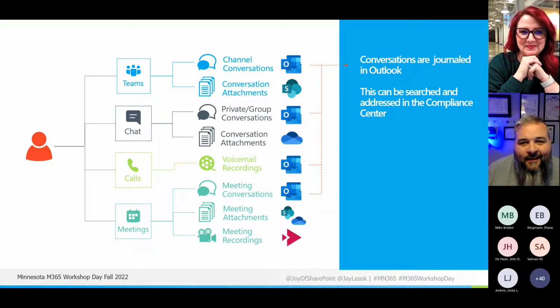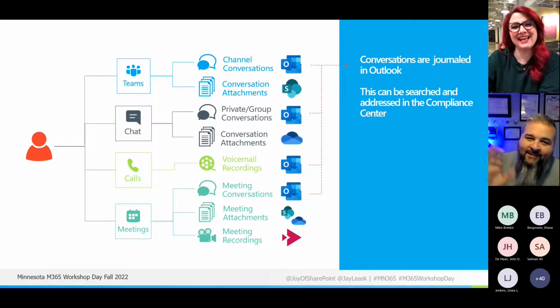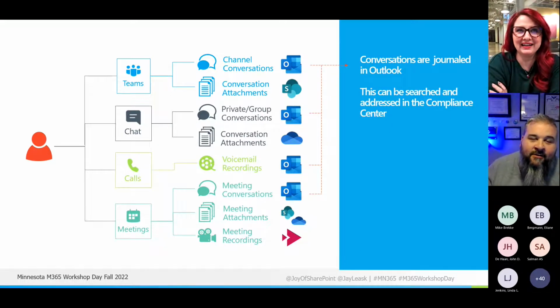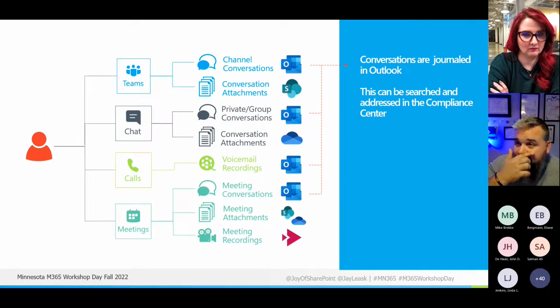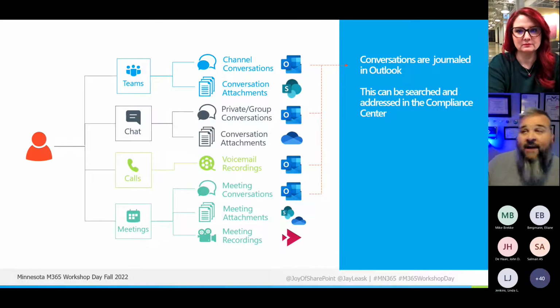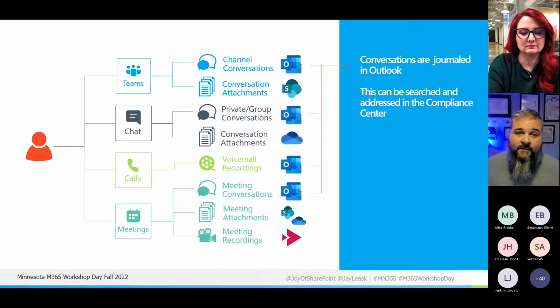Thank you. You're welcome. So yeah, your conversations, they're actually in Exchange, I guess is the right answer, right? That's actually my fault. They're in Exchange and they're accessible through Exchange. So if it's Teams, it's in the mailbox that belongs to the team. If it's a one-on-one chat, it's in the mailboxes of the users that are participating in that chat. And this is important for eDiscovery. If you do have to do a legal search for everything that has to do with Joy Apple or Jay Leask, you'll use eDiscovery to search for that information. It's going to be looking inside of Exchange.